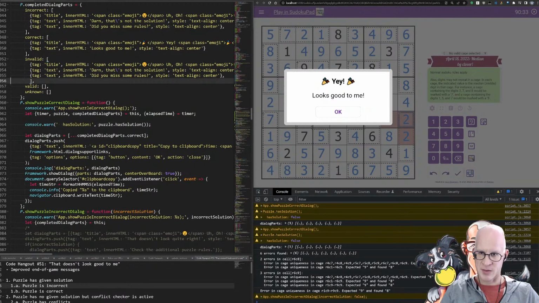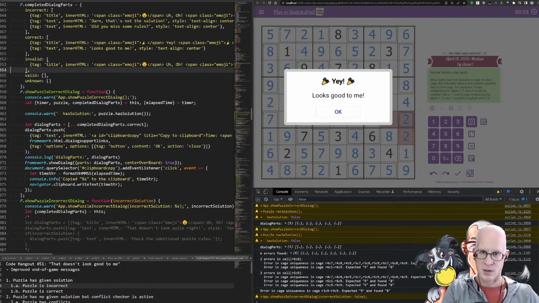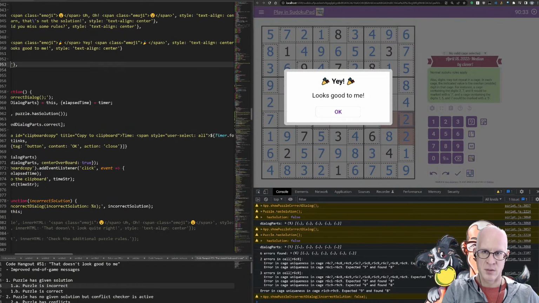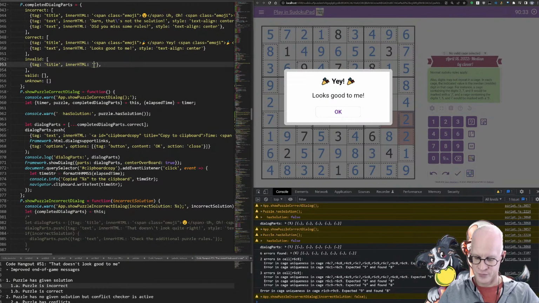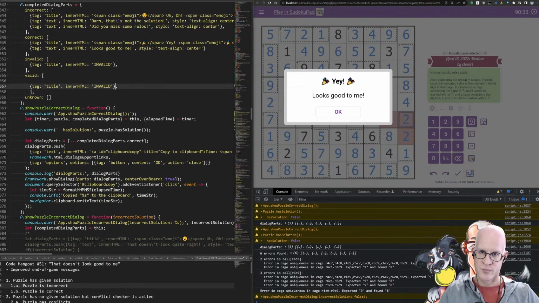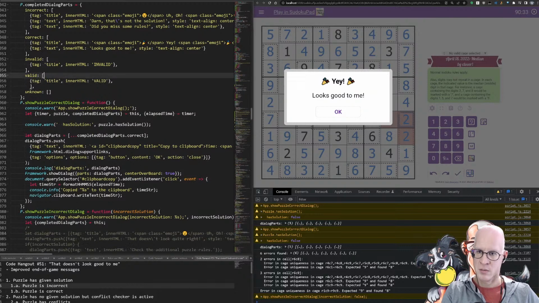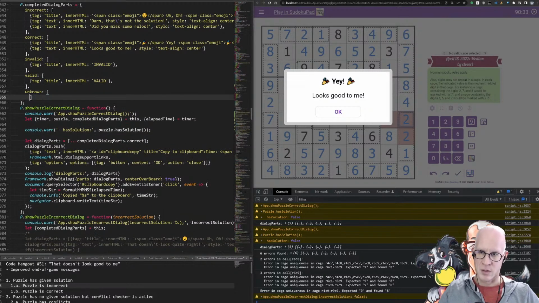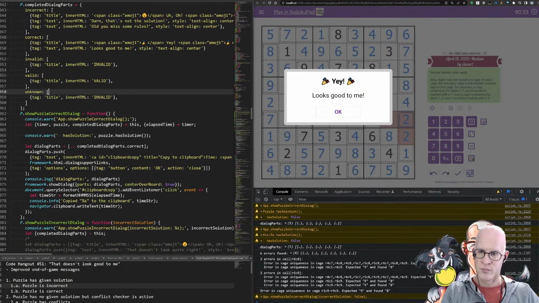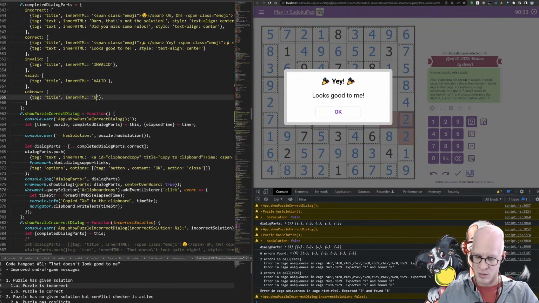Let's just put a placeholder in, in fact, let's really do a placeholder. Instead of title here, we're just gonna say invalid, and in here, valid. And in here, unknown.